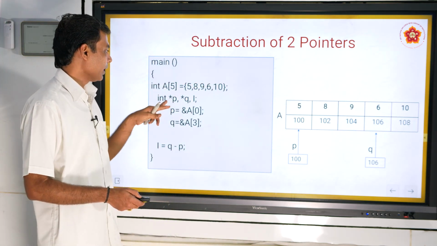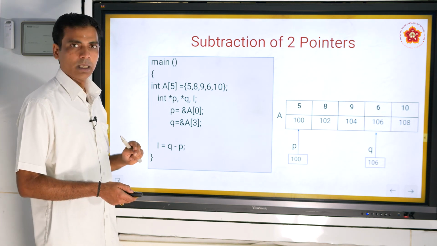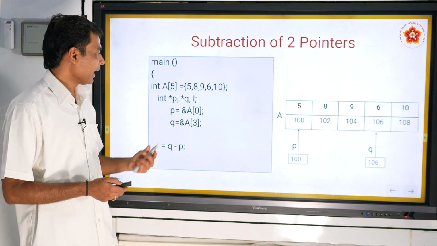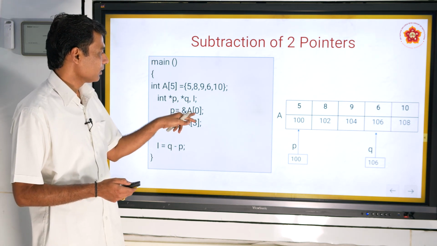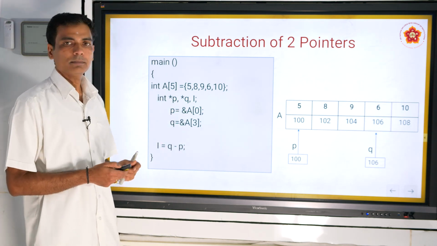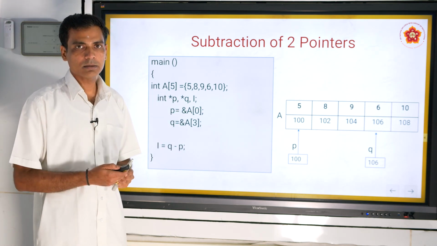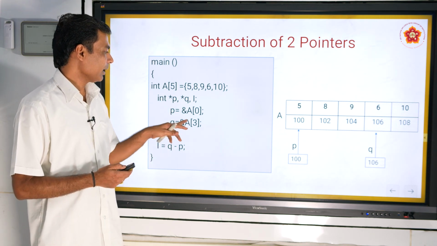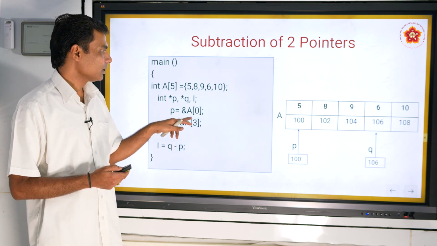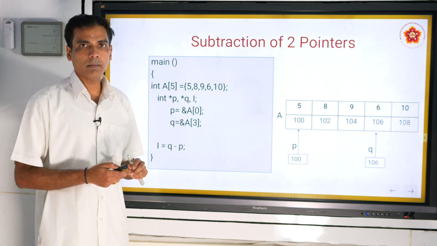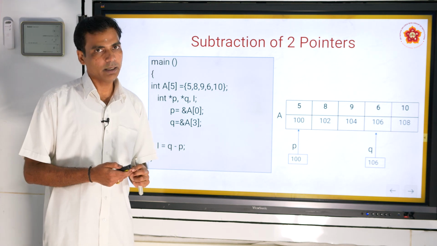Here I have declared two pointers p and q and one more integer variable i for later use. I am assigning the address of the 0th element to p, that is the starting address of the array. I am assigning the address of the element at the third index of the array to q.